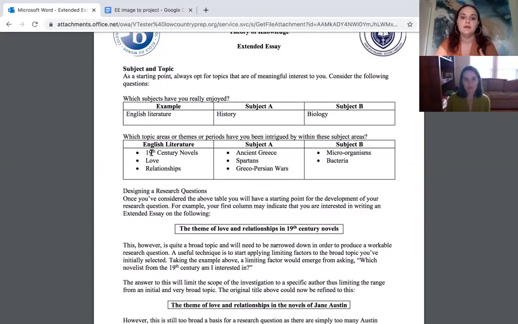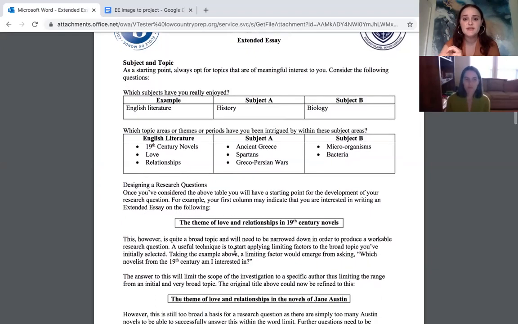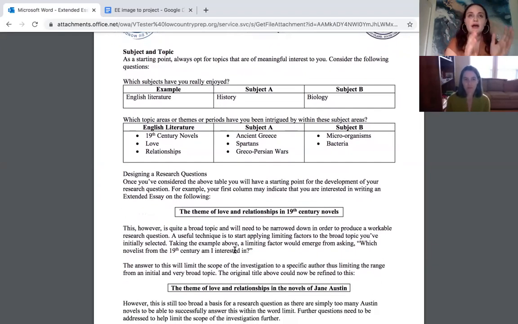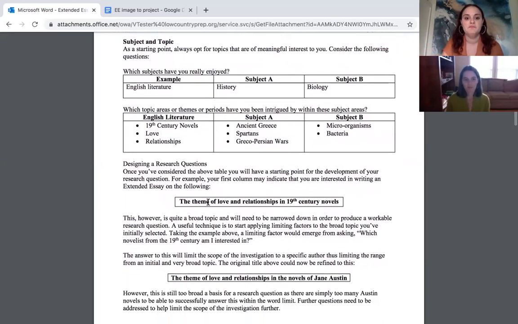Well, I really enjoyed our unit on 19th century novels. I love discussing love, relationships, right? Or maybe in biology, I really love talking about bacteria. I don't know, right? You're really trying to hone in on these subject areas, okay? Once you've really honed in on what you're interested in, then you're just going to form a generalized question. So when I'm looking at this list, bacteria is cool, the Spartans were cool, but I'm really into 19th century novels. So I might just come up with a question: the theme of love and relationships in 19th century